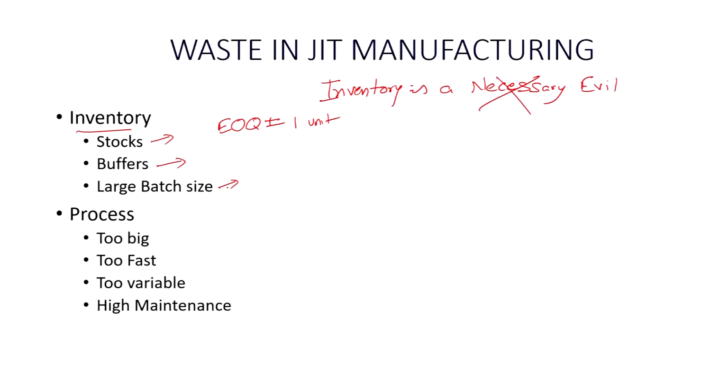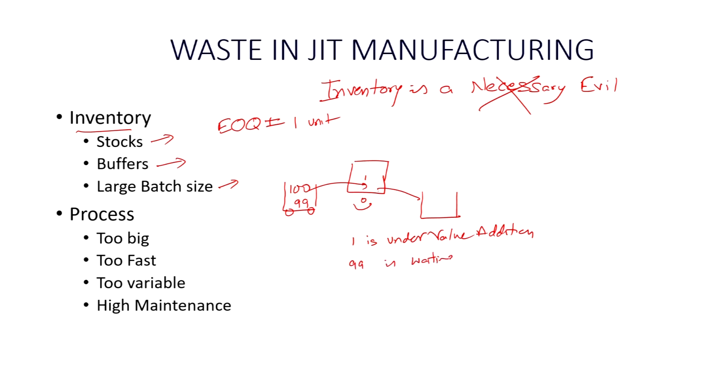Large batch sizes are also one of the issues. Like this is a workstation where the worker is working and you have decided to produce in a batch size of 100 units. So, this is your trolley where the material is lying. You are working on 1 unit, the remaining 99 are waiting, and on this side you are shifting it. So, at any point of time, only 1 unit is being worked on, 1 unit is under value addition, and the remaining 99 are waiting.